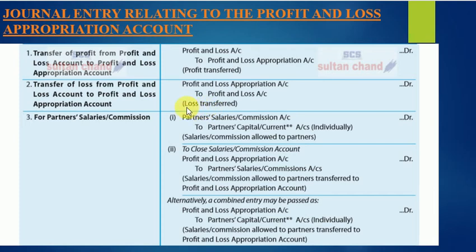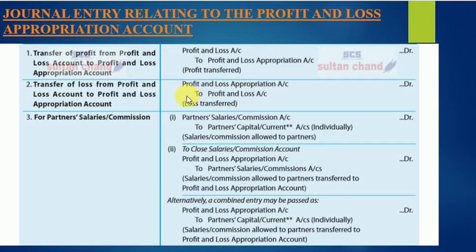If you recall the appropriation account, the profit for which this entry stands was written on the credit side of the profit and loss appropriation account. But if there is a net loss, it was written in the format on the debit side. I hope you have understood this, that the posting has these two entries. Either of these entries will be there in a question.